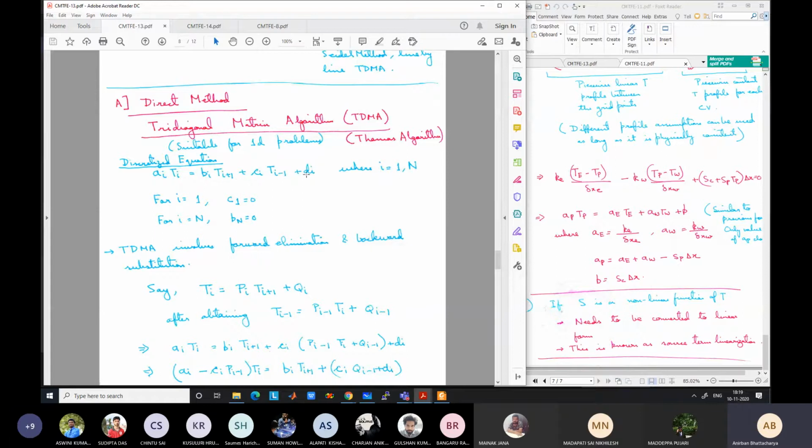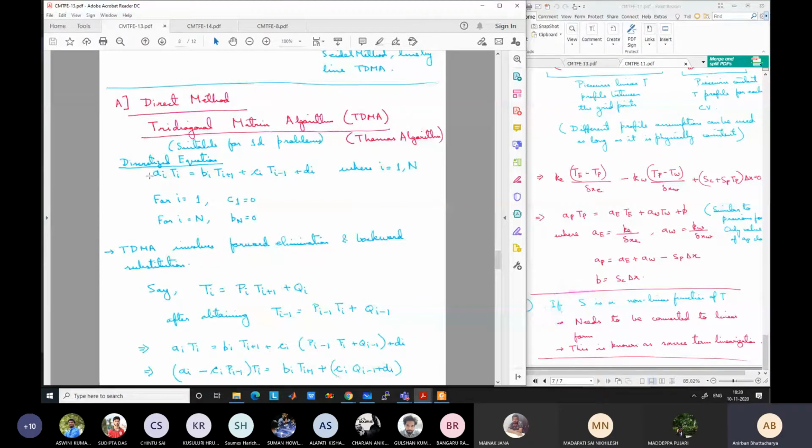All these terms can vary if the thermal conductivity or the source term varies, means with space. Okay. So say at different location the source term is different, like we have seen in the previous class. One bullet projectile is hitting an armor plate and there is source term at the center, but there is no source at the surrounding. So accordingly the source term may have some value or it may become zero also in some cases. For boundary conditions, this source term will have different form, like we have seen in the treatment of the boundary condition. So this is the general form of the discretized equation. Okay, where i varies from 1 to n for n equations.